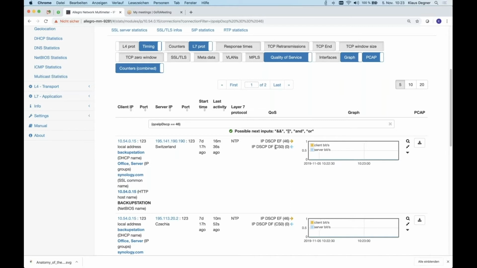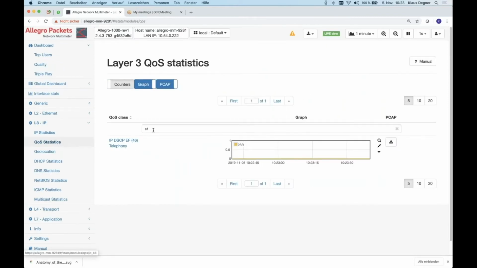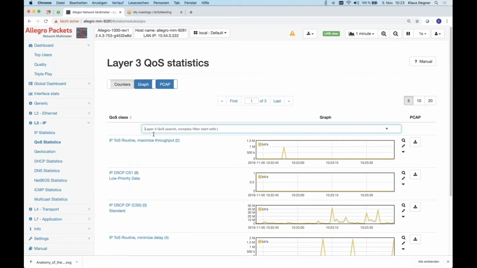But the standard setting for Windows and Linux operating systems is that NTP always gets class real-time. And there are so many embedded appliances doing traffic with specific classes. So we decided to have a module where you can easily look into all classes on layer 3, but it's also available on layer 2.